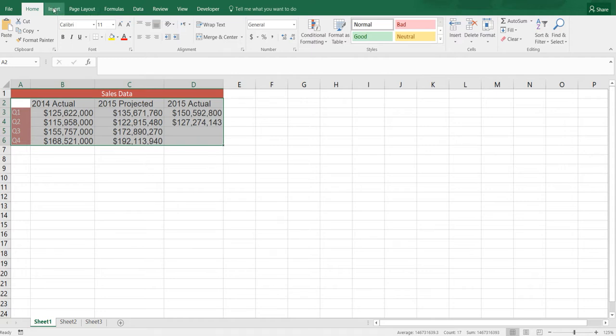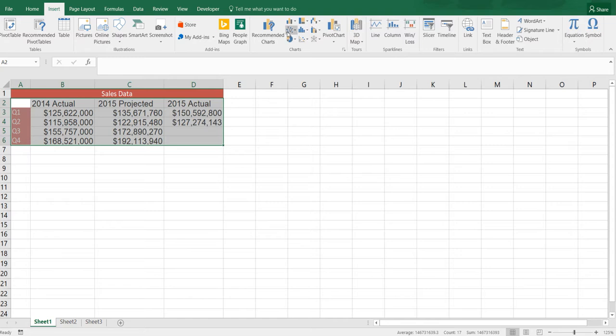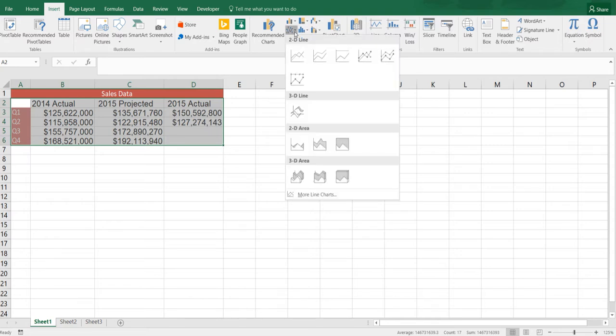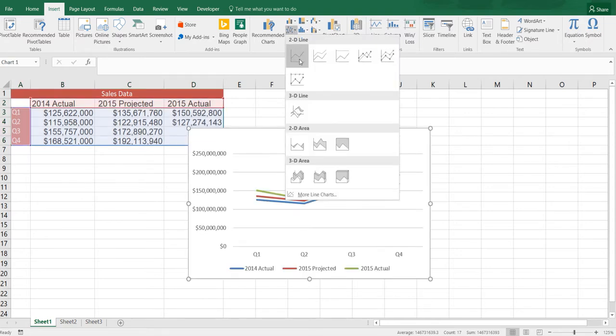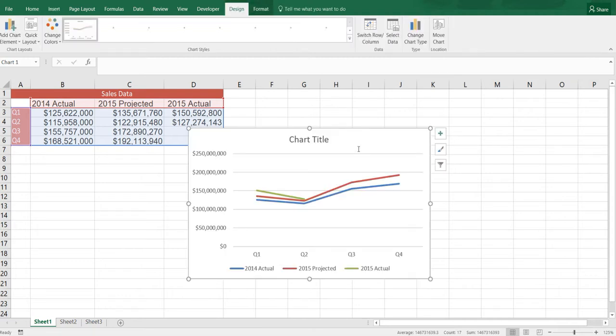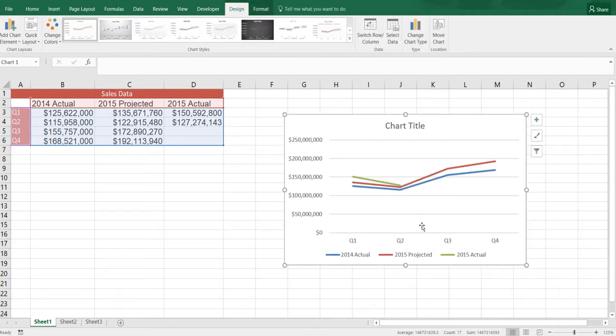Then you go to Insert, and you go to this little line chart thing. So you're going to pick one, and that's basically how it's going to look. Now it doesn't tell us to move it to another sheet. I would, however, change this name to sales data, because that looks more professional.